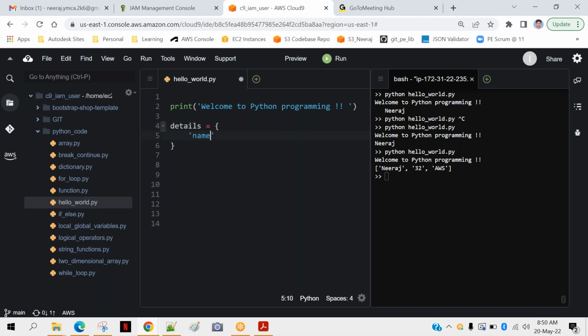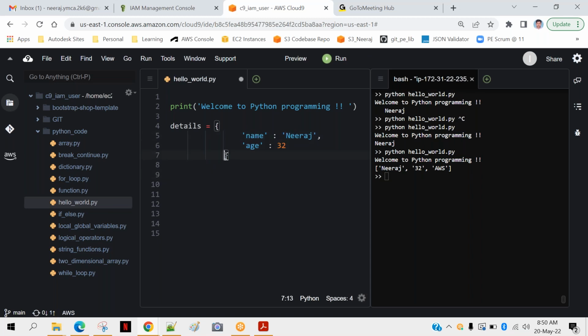I will say name colon value, that is Neeraj. Okay, and if you want to provide more value, put comma, again another key value pair, suppose age is 32. This way you can define a dictionary. This is known as dictionary.